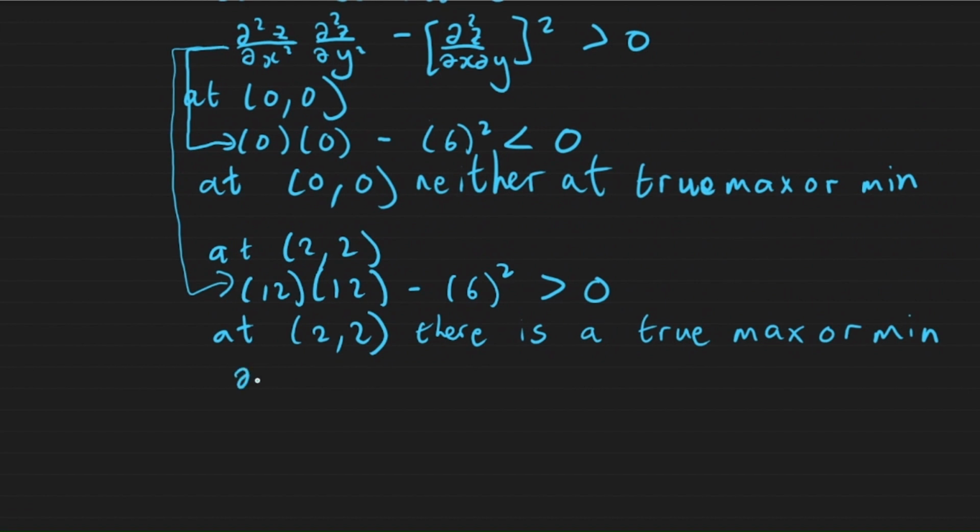We saw that the second derivative with respect to x was equal to 12, and this was also the case with y as well. Both are positive. What that means is that we have a true minimum